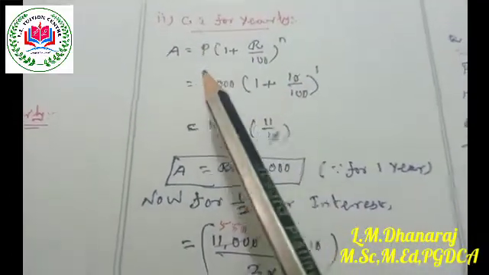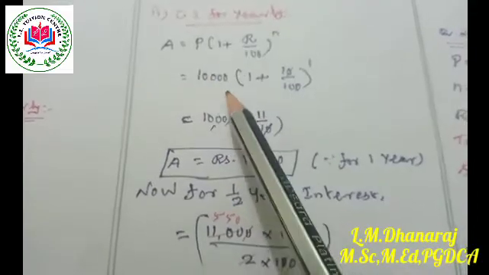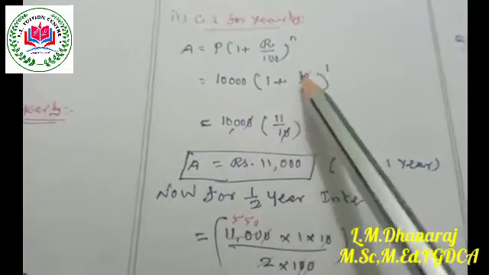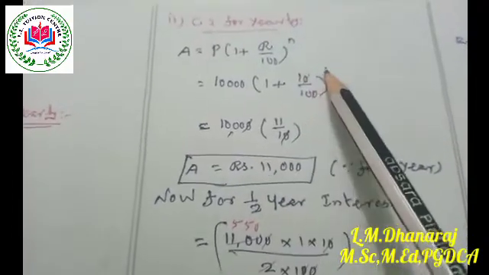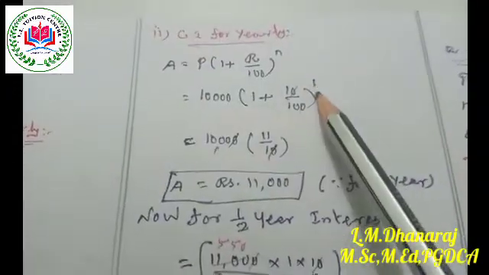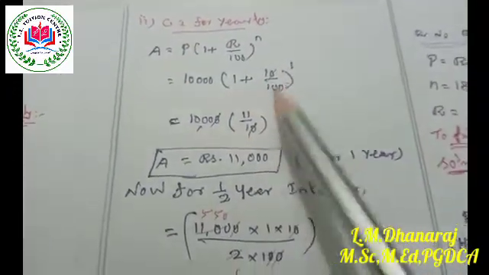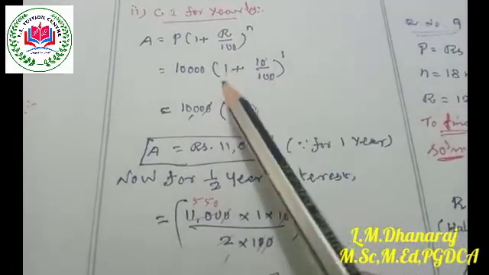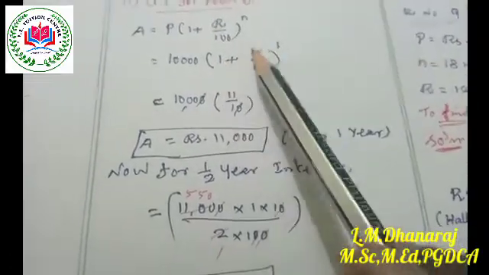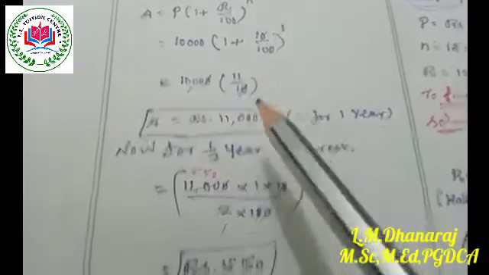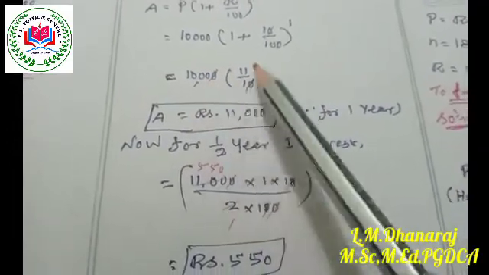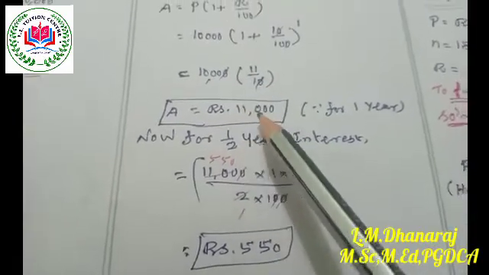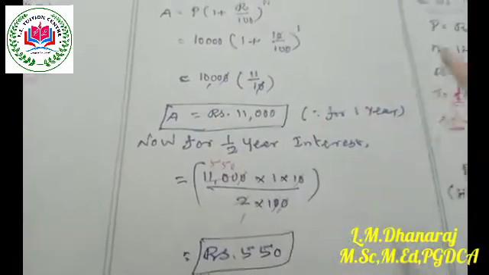Yearly amount is equal to 10,000 into 1 plus rate of interest 10 by 100 whole power 1. First we have to find 1 year, and after that the half year. Okay. First, while finding 1 year, by cancellation the 10s cancel. 10 into 1 will be 10. 10 plus 1 is 11. 11 by 10 whole power 1. The zeros cancel. This is 1000 into 11 is 11,000, the amount for 1 year.